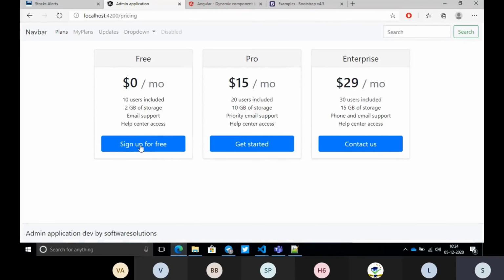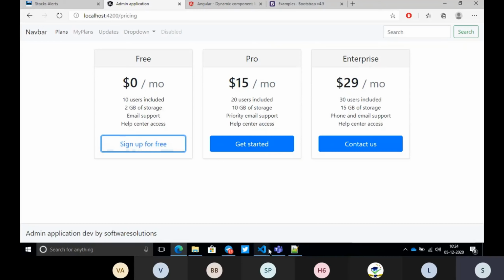So here we have a button. Now what we want to write is, whenever we click it, we want to redirect to a sign up form. Since we don't have the sign up form, we'll just print an alert saying, yes, successfully signed up. You need to implement the sign up form yourself, but for now we will see this.